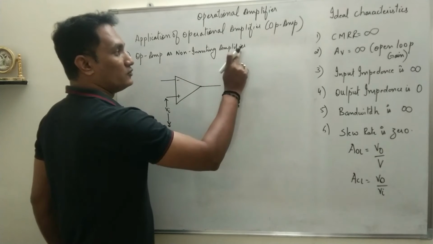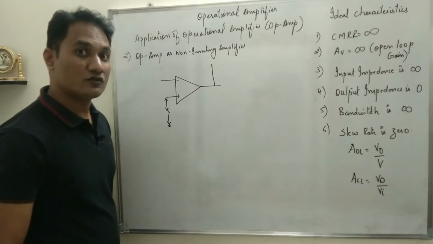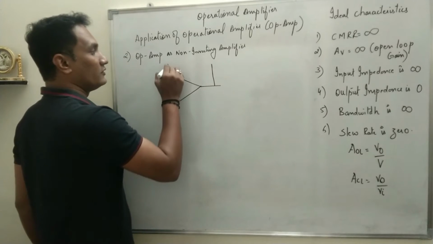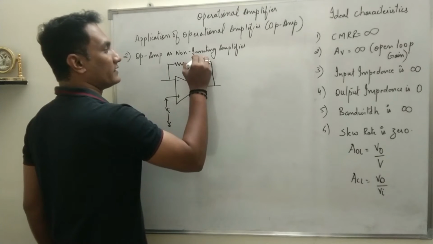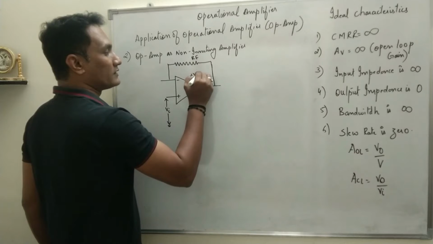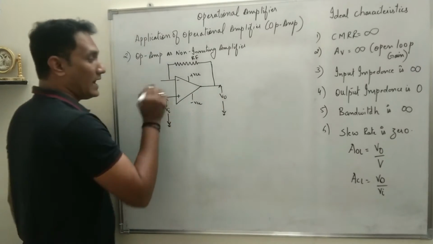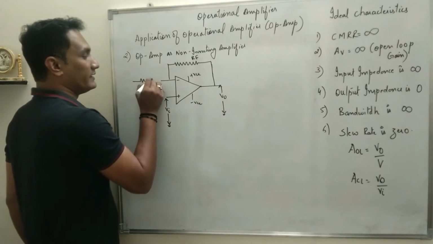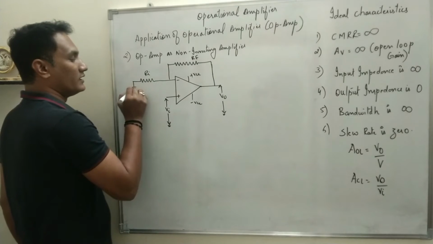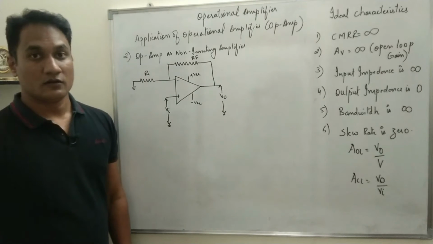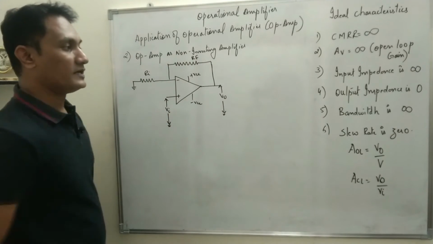And then we have to use it as an amplifier. So whenever the circuit has to be used as an amplifier, the gain should be finite. For the gain to be finite, you have to connect some part of the output back to the input through a feedback resistance RF. There will be two power supplies, plus VCC and minus VCC, and this will be V0. And one more important thing is, as the input is applied to the non-inverting terminal, the inverting terminal should be grounded. So this is how we design op amp as non-inverting amplifier.